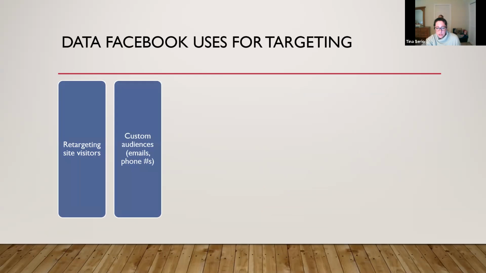Custom audiences. Say you have email addresses for folks, or you have phone numbers. You can input different data lists, customer lists that you have, into Facebook, and they're going to go ahead and match that to the users within Facebook. Somebody had a question in Slack, which I tried to answer in a response there, about the match rate.